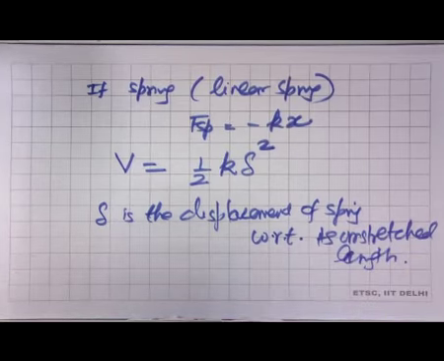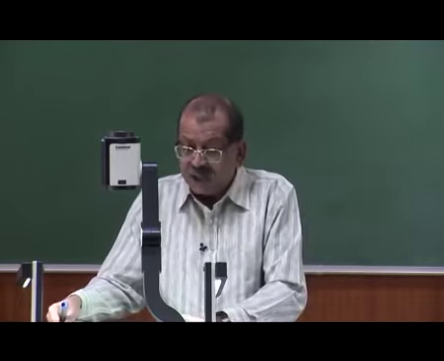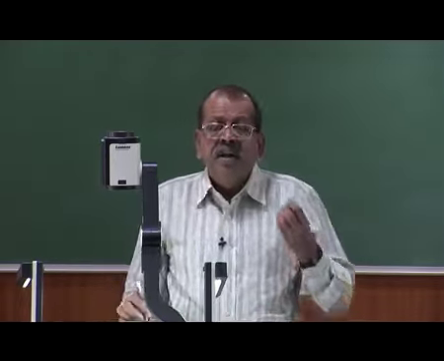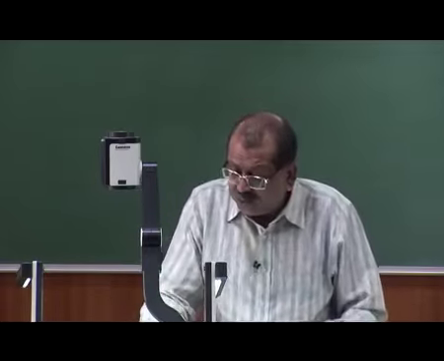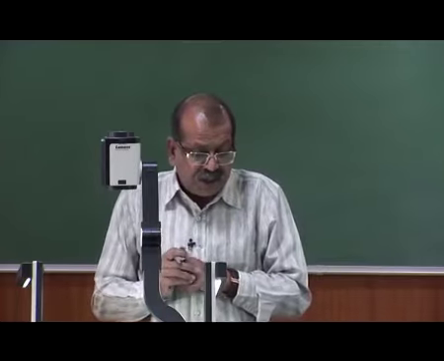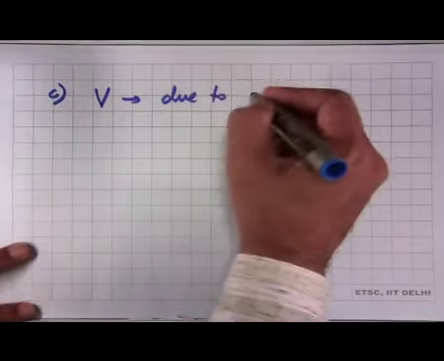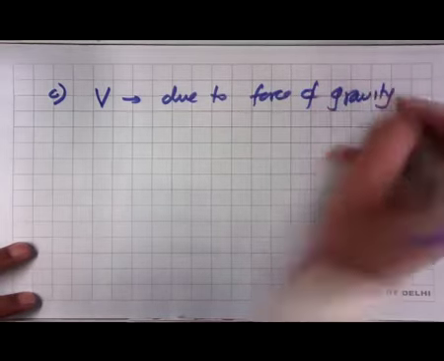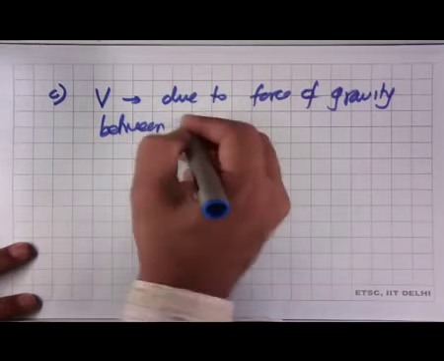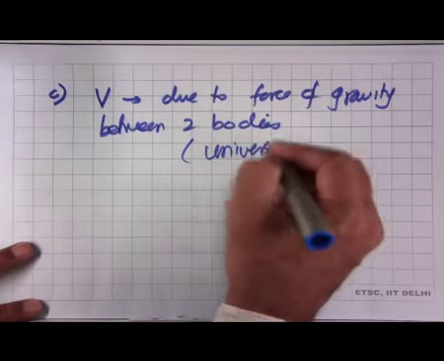So, now we have seen two forces for which we can write the potential energy: the force due to gravity and the force due to a linear spring. There is a third type of force for which potential energy can be defined, and this would be potential energy due to the force of gravity between two bodies, and here we are talking of the universal